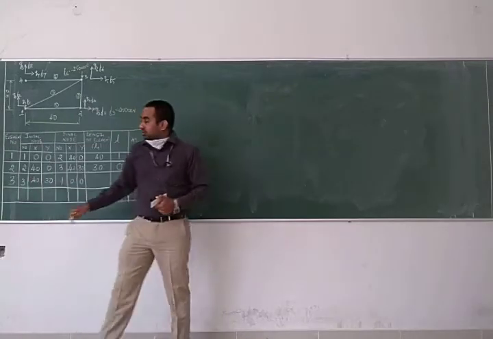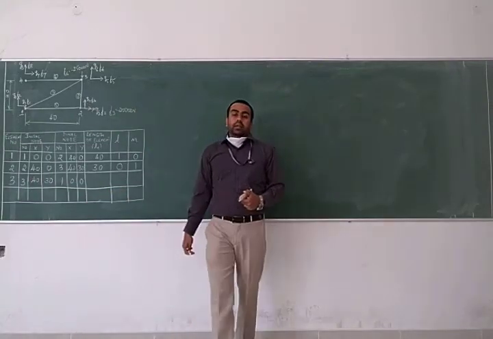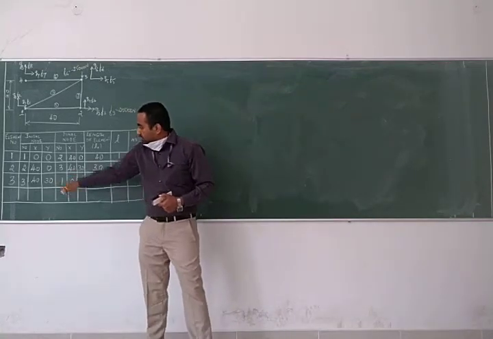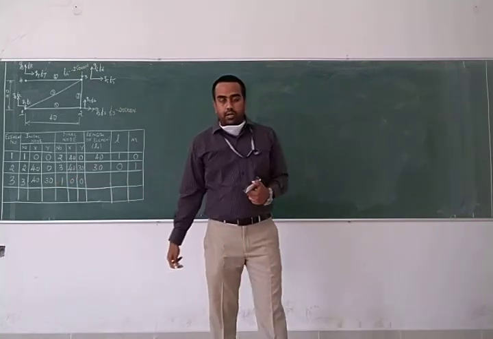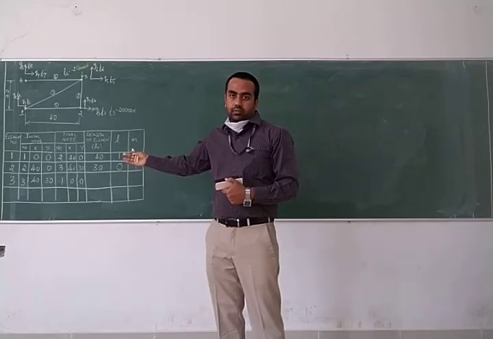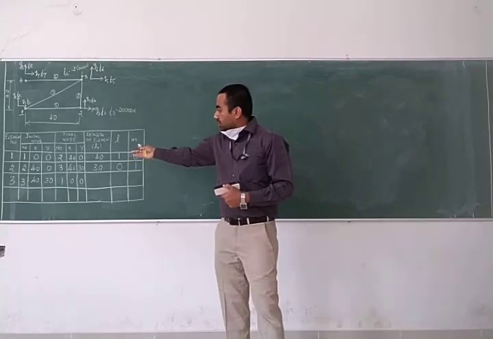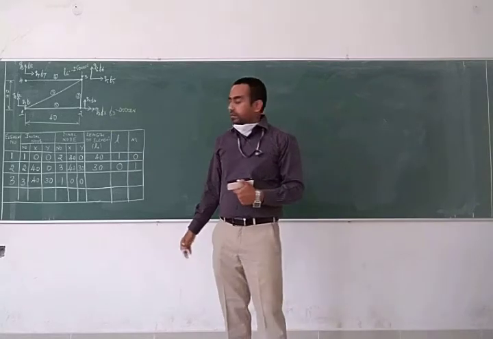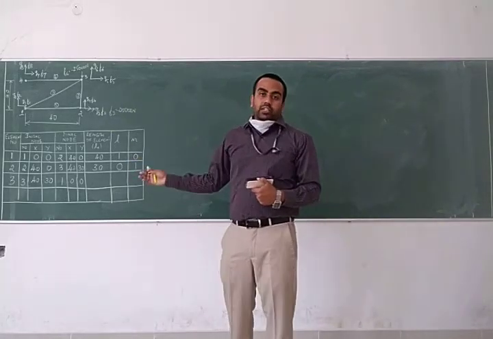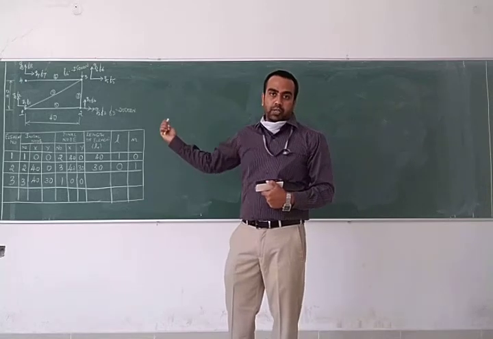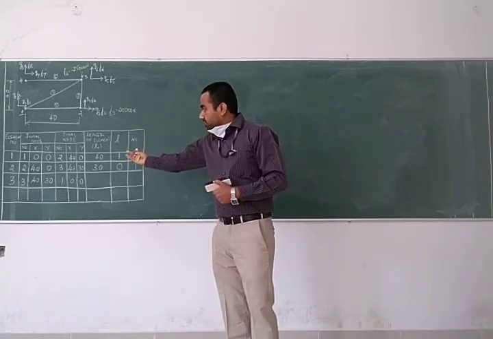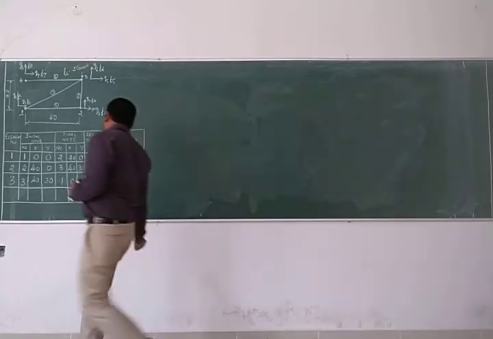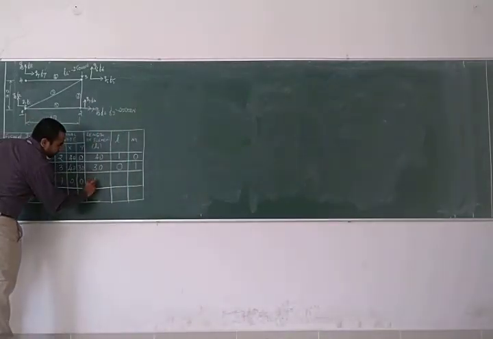Now length of the element: x2 minus x1, 0 minus 40 whole square. So it will be 40 square, 1600. 0 minus 30 whole square is y2 minus y1 whole square. So 30 square. So x2 minus x1 whole square plus y2 minus y1 whole square is 30 square plus 40 square under roots. You will get the length of the element as 50.